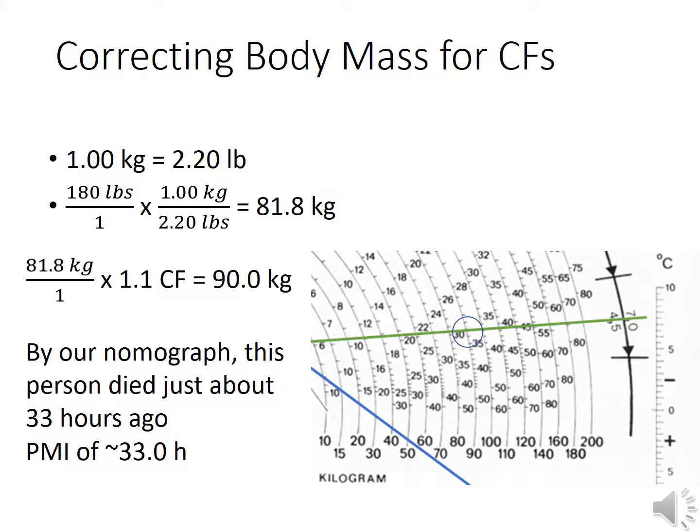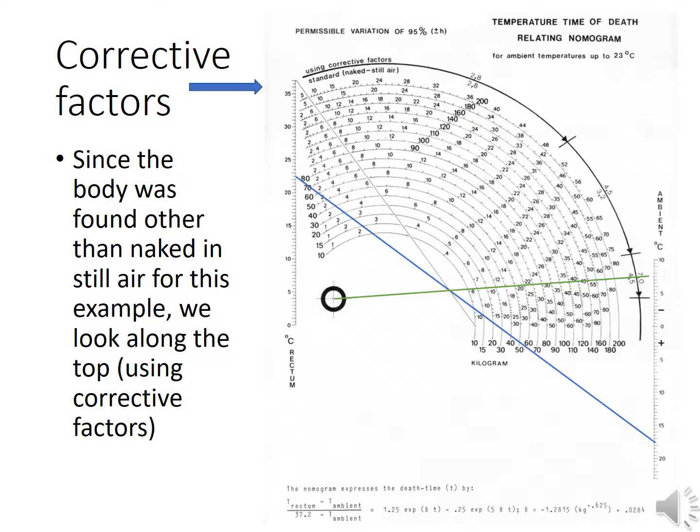So my PMI is going to be approximately 33.0. If your line's a little higher or a little lower, you might be at 32.8 or 33.1. Like I said, I will give a half an hour either way. So anything from, say, 32.5 up to 33.5 would be acceptable, but I'm not so kind as to give you something less than 30, which would be where you end up if you drew the line and then read off the 80 kilogram arc. Now we were wise enough, at least in this example, to remember to multiply the body